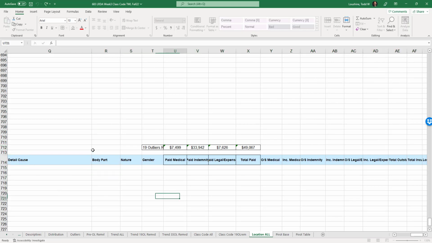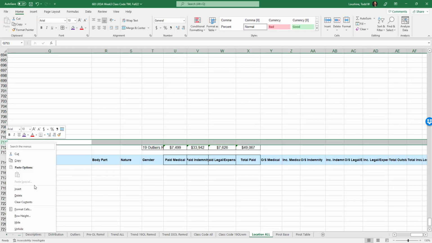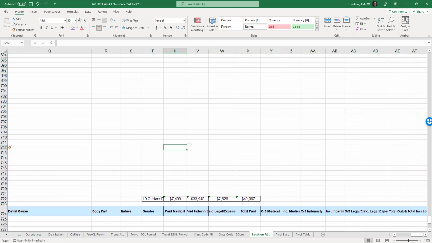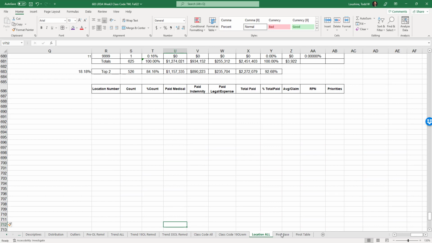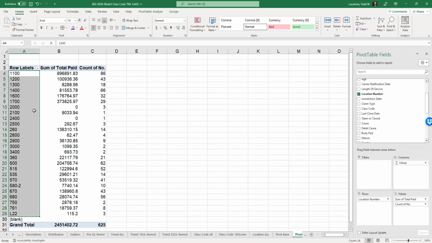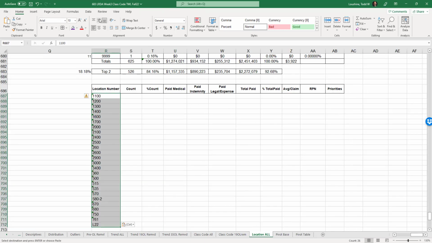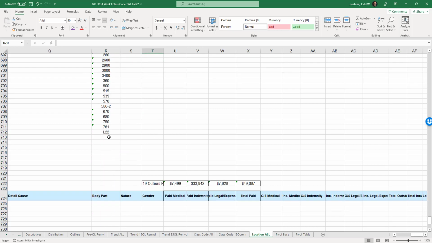I gotta double click on a cell to get rid of the saved stuff, and now I can insert. Apologize. I should have done that beforehand. Back to the pivot table. Back to highlighting and copying and pasting and centering, and then I'm going to write totals.